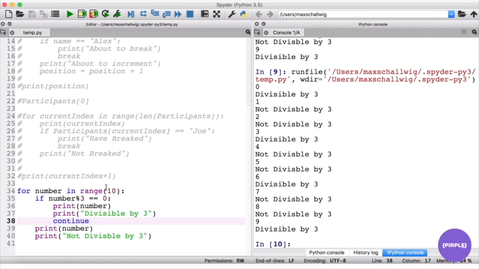And now we have 6, and now 6 is exactly divisible by 3. 3 fits in exactly twice. So we go inside here again, and we print 6, and we print divisible by 3, and we continue. So we skip the rest of the loop, and our number takes on 7. So we don't see 6 being printed here again. So what's really happening is the continue just, we skip the rest of the loop, and we just continue with the next part. So now we've printed out 6, and we said divisible by 3,